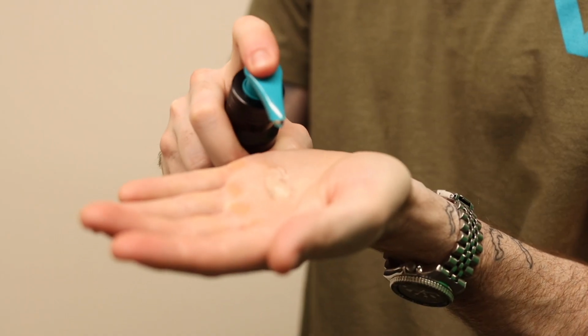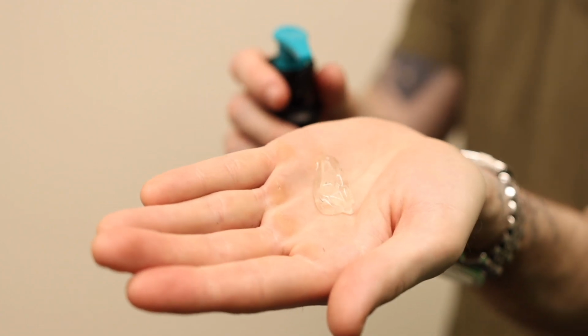Apply the clear shave to your hand and notice just how clear and slippery it really is. Rub it around in your hands a little bit and apply it to the desired area that you want to shave. Now the cool thing about clear shave is that it can be applied wet or dry,